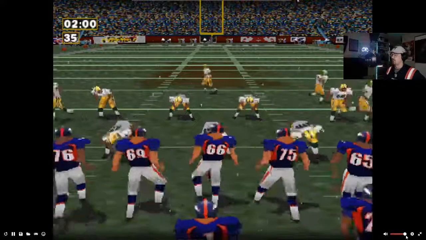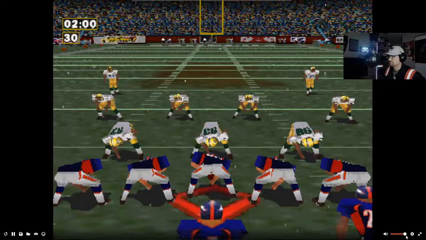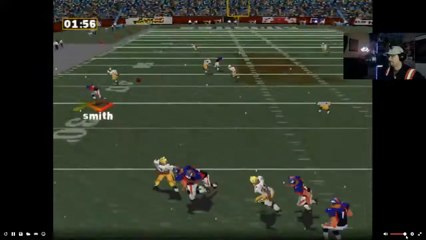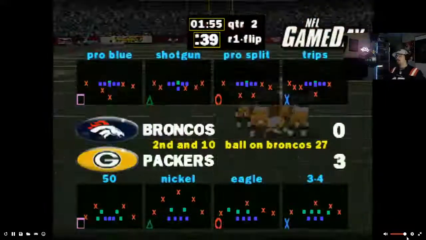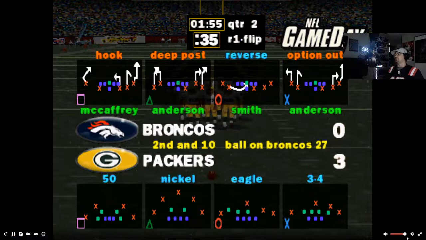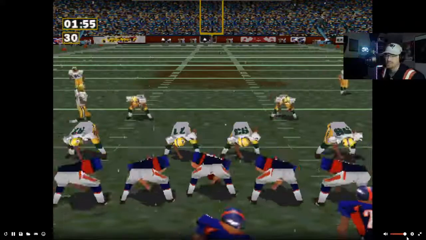Let's try this again. Blue 35. Hot. Incomplete pass. Passing is not easy. Second and 10. Passing is definitely not easy in this game.